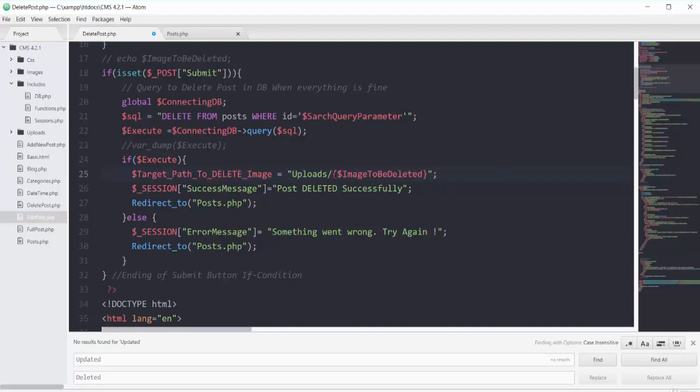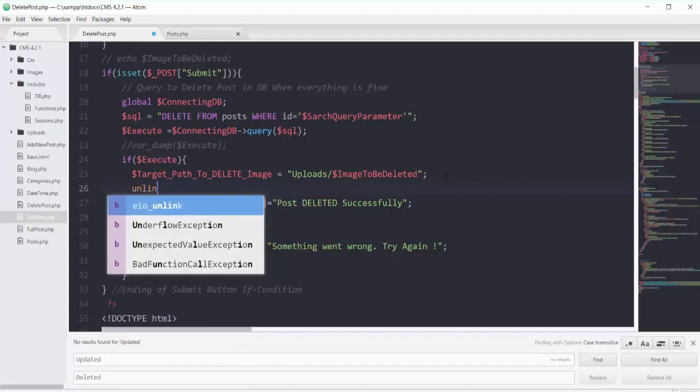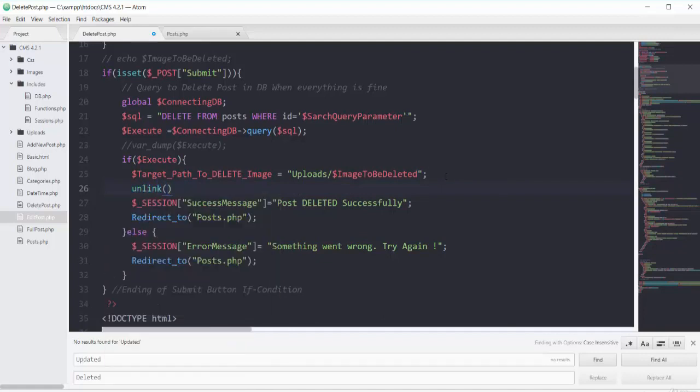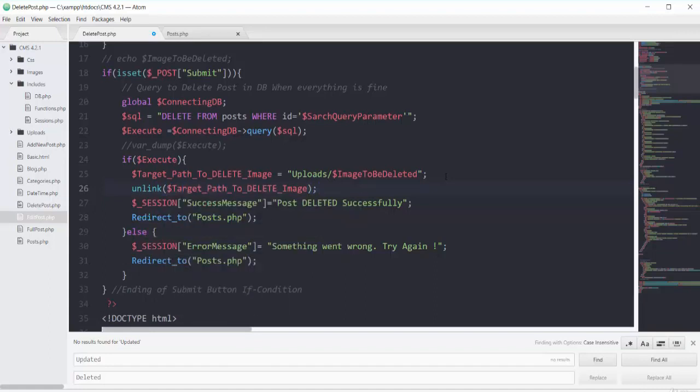But in this version, if I don't add the curly braces, I can still work with this variable. So saving this one. So this was our path to delete our image. Now we will use one function that is unlink, in which I have to specify my target path. So that's it for deleting our image. So if I save this file,